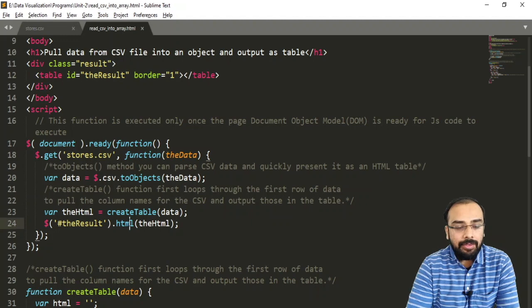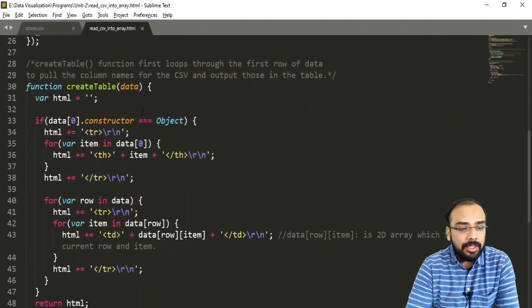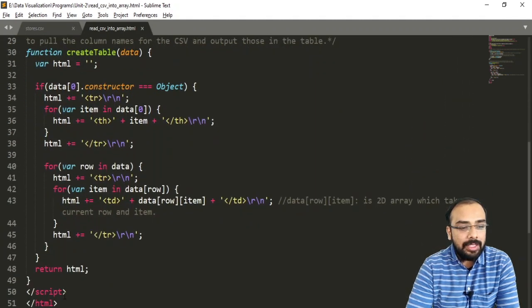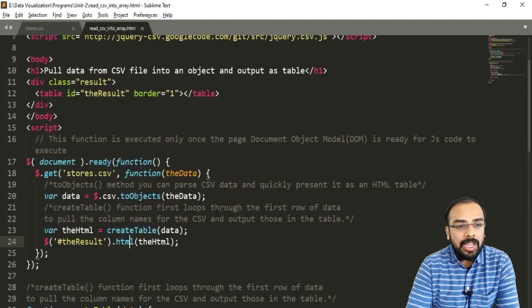We have a function which is named html. This function will convert our entire data, which is stored inside this variable, that is html, into HTML. After invocation, it will display the table inside this particular table tag. And at the end, we have ended the script tag and we have ended the HTML tag. So let us understand it again very quickly.